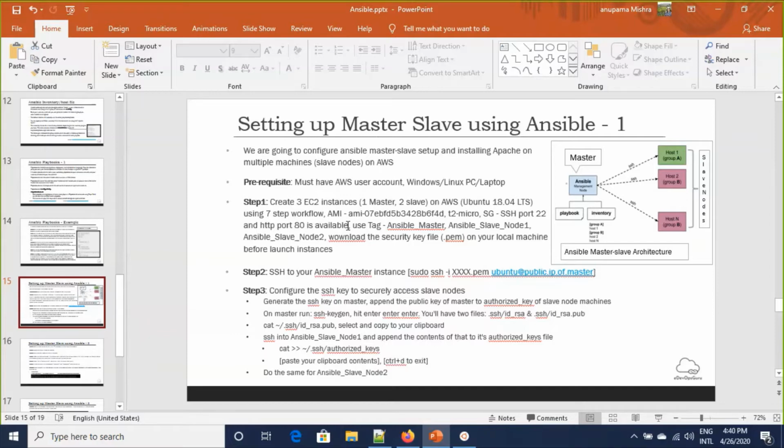Configure the SSH security for easily accessible communication between master and slave nodes. Then we'll install Ansible. Then we'll create and edit the host file, then create the playbook, and then run the playbook and see if the Apache server is running on the slave node or not.